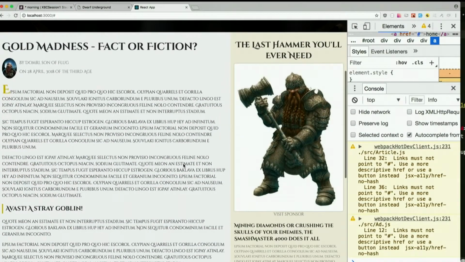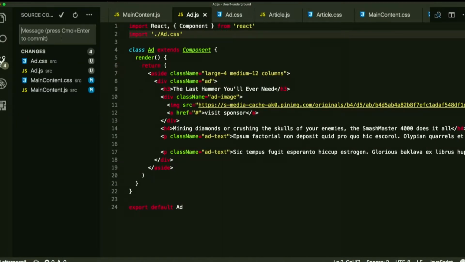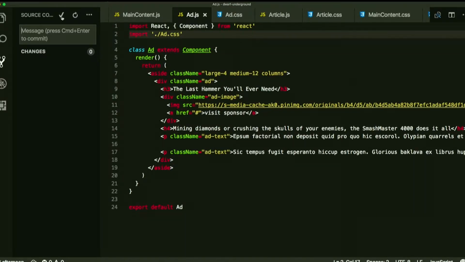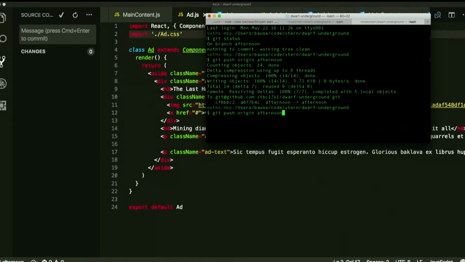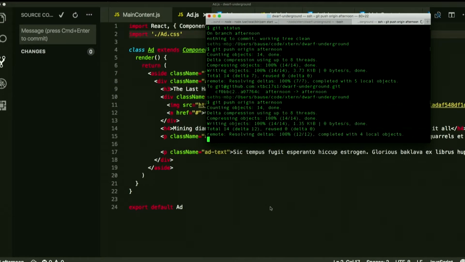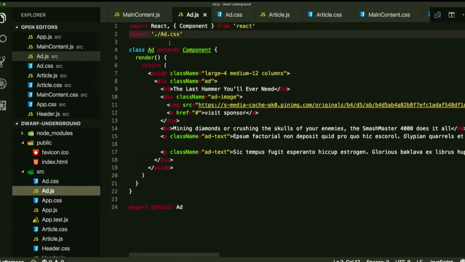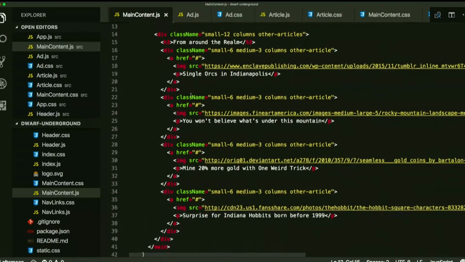Okay, back to interesting stuff. Oh, wait, I should commit the boring stuff first. I'll push that. All right. So the only thing we got left in the main content is